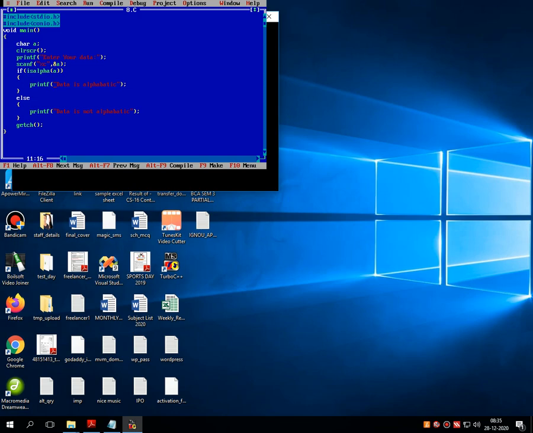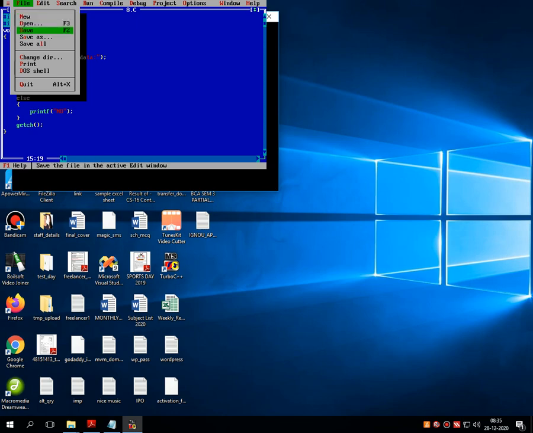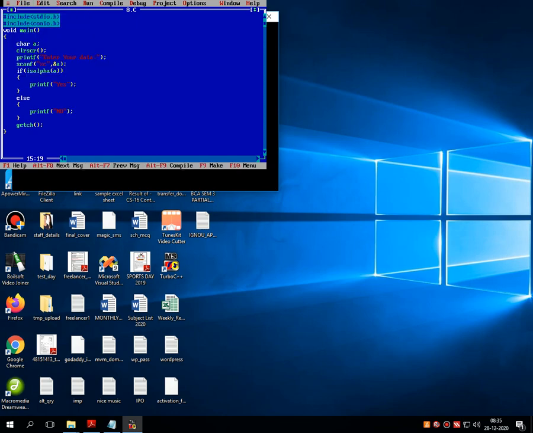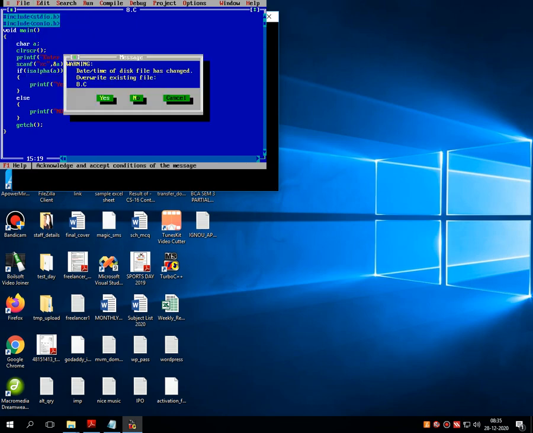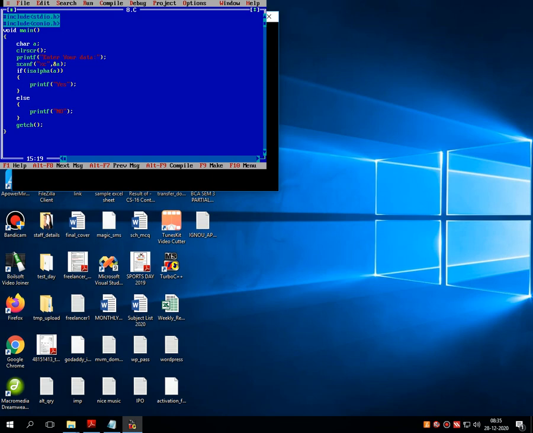Or simply, if you don't want to write such a long message, then simply give yes, and here simply give no, as it is a conditional part. If the condition returns true it gives the output as a yes, and if it returns false then it gives the output as a no.